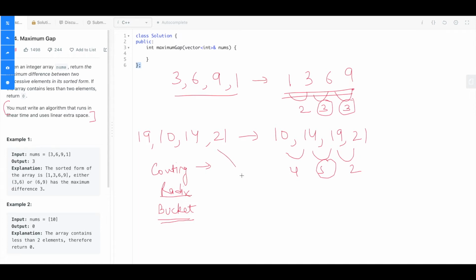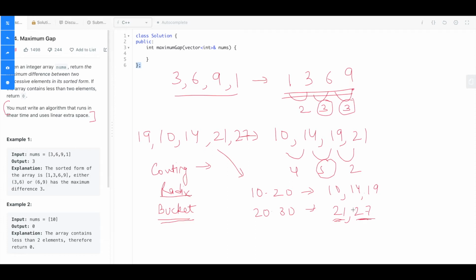So for instance, in this example, let's suppose we had one more number, 27. We bucketize them and keep two different buckets: one is 10 to 20 and the other bucket would be 20 to 30. For the 10 to 20 bucket, we will get the numbers 10, 14 and 19, and for the 20 to 30 bucket, I will get 21 and 27. So we can definitely find out the minimum difference within each of the buckets.